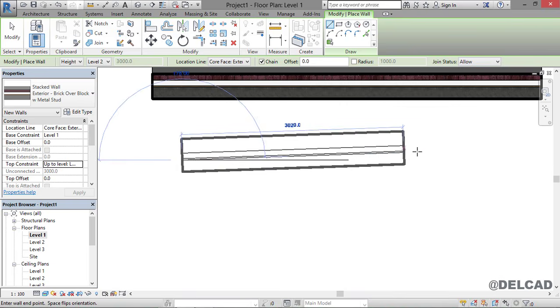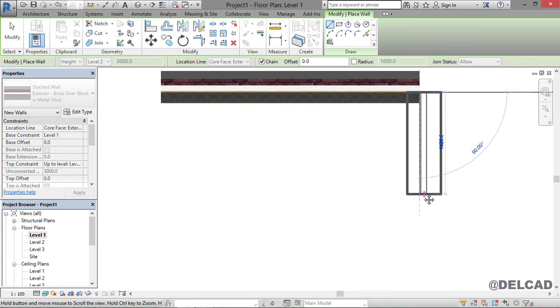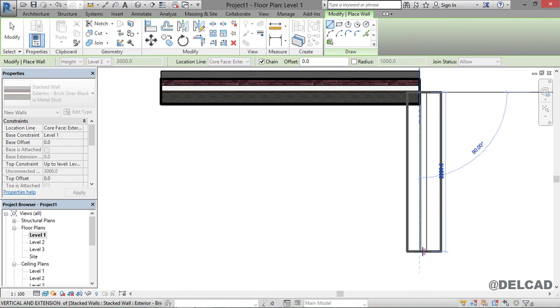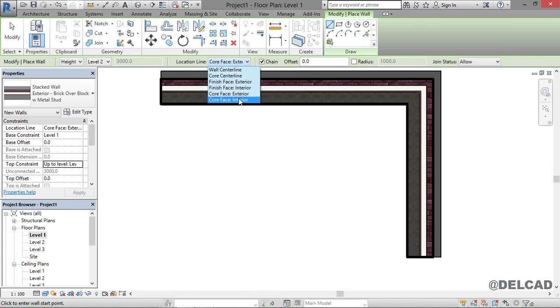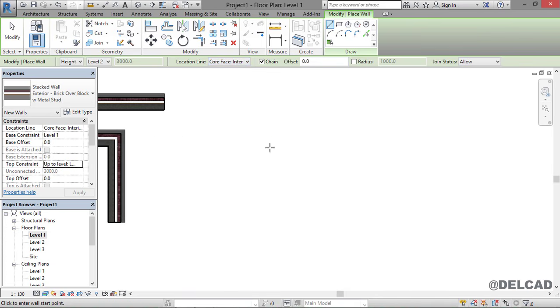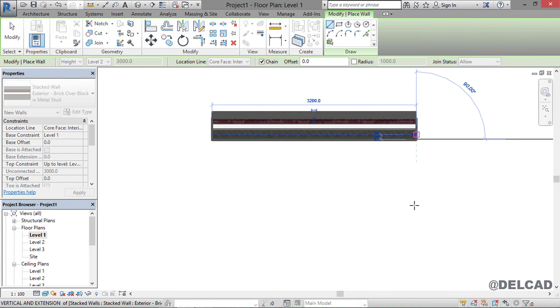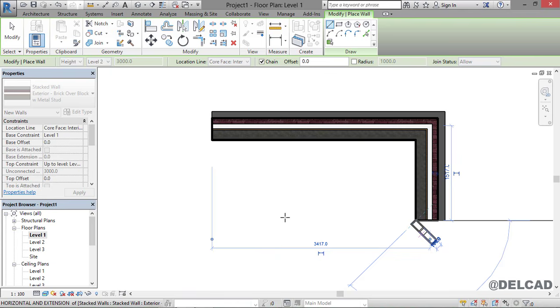new wall. So you can see that when we try to draw the walls, the location line is at the exterior of this very particular composite wall. So this is where it is located. And if we now go ahead and change this to core face interior, and we try to create a wall again, you can see that the location line is at the exterior of the core finished face of this very particular wall. So this is how you can make use of this location line when you're creating a wall